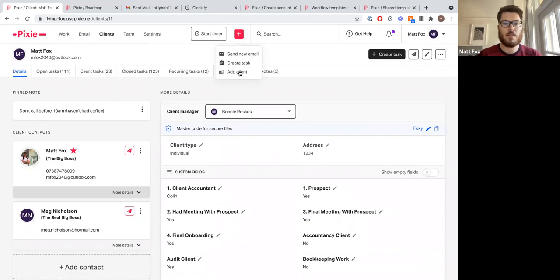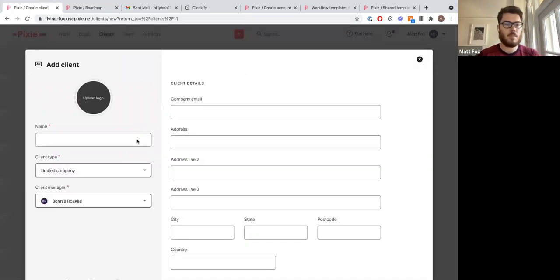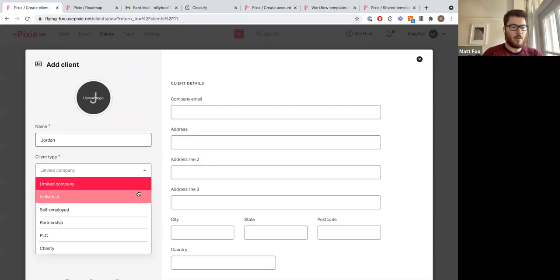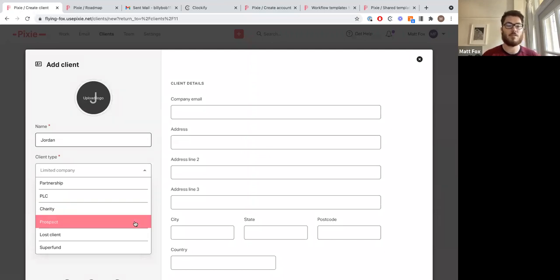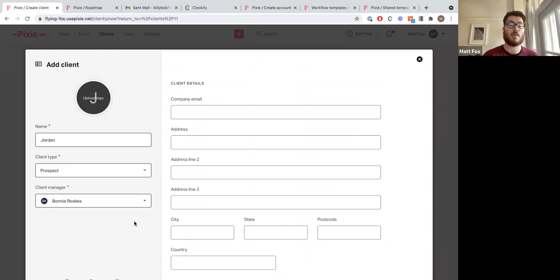But what I might do is just click add client from the top. Let's just say we're going to add Jordan. So with Jordan, he's not a limited company. He might be an individual. He might be self-employed. I can create any of these fields in my settings. So depending on the type of client you do work for. And again, I've also got a prospect field in there. So Jordan might not actually be a client yet. He might be a prospect. I can put,